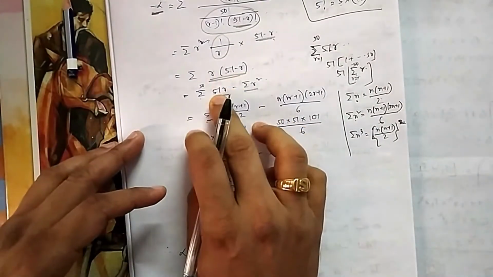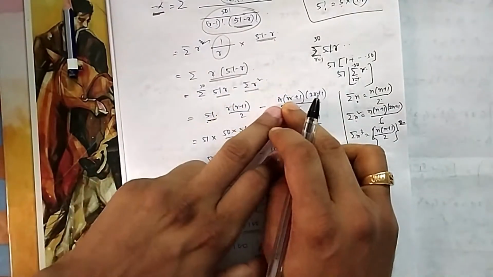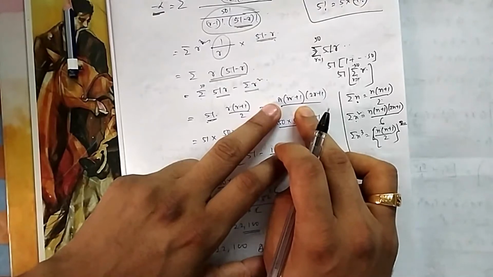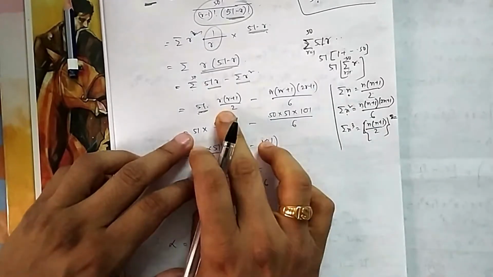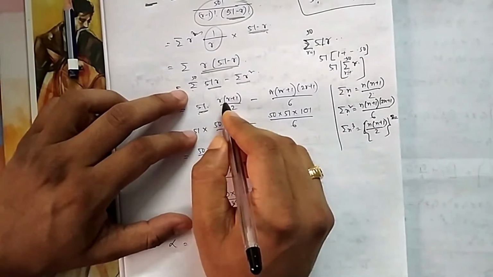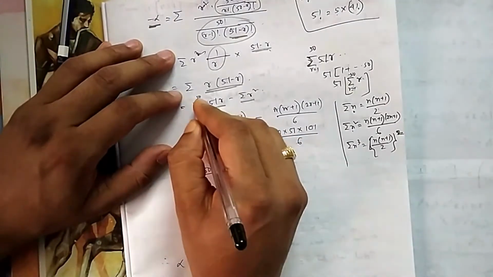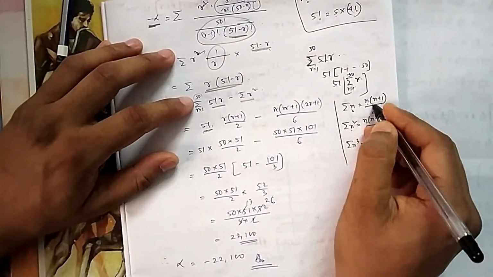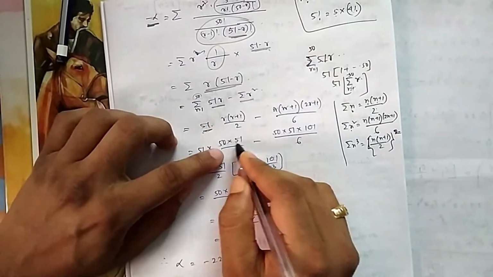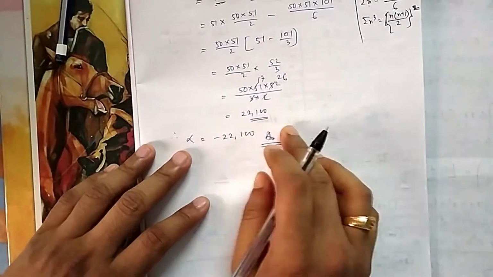So similarly here, it was 51r and summation of r square. 51 taken common, summation of r is equal to r into r plus 1 by 2. Summation of r square equal to r into r plus 1 into 2r plus 1 by 6. You will get all these things in sequence and series. Now this is r equal to 1 to n. What is the maximum value? That is 50. Summation of n means whatever maximum value you put, that is the final value. Here the maximum final value is 50, so in place of r you will put 50, and you will get the answer. Final answer is this one. I think you can do all these things.